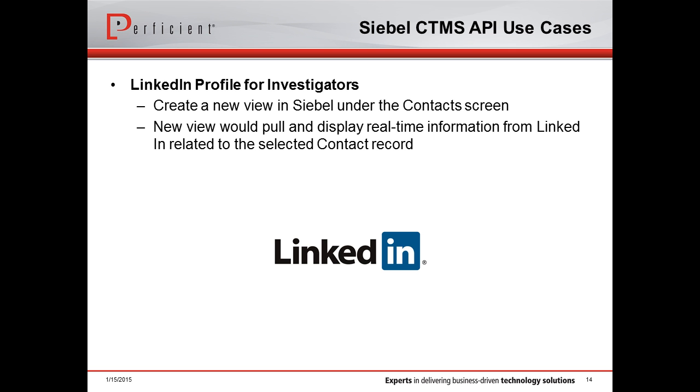Again, social media for the individuals that we interact with may also be valuable. So you can use the application and existing APIs from, say, LinkedIn to view updated profile information about companies or individuals, physicians, for example, from LinkedIn. Again, we can do this in a variety of ways, but if we take that same approach of creating subviews, what that gives your organization is the flexibility to